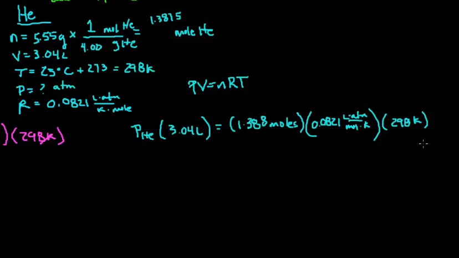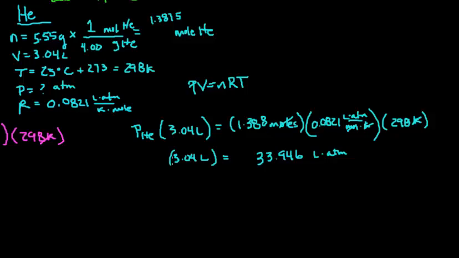So 1.388 times 0.0821 times 298 Kelvin is equal to, so I'm getting here 33.946, and I'm leaving that number in the calculator, but I just want to write it here so you can see it. Moles cancels here, Kelvin's on the bottom here and it's on the top here, so it cancels out. So the units I'm left with are liters ATM